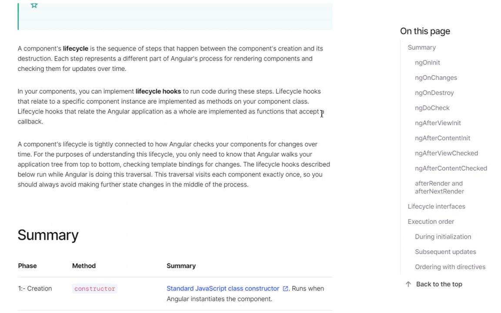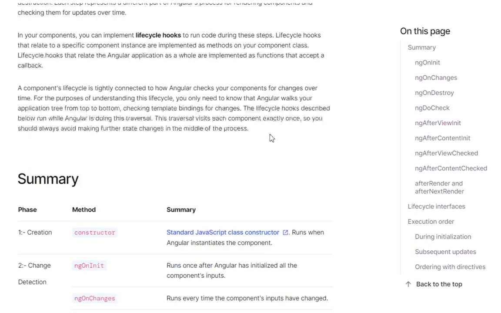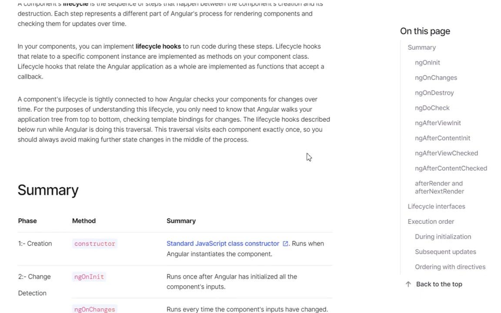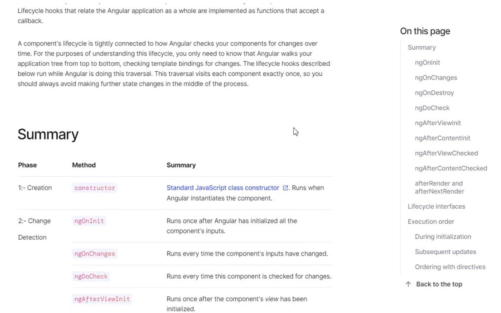The lifecycle hooks described below run while Angular is doing this traversal. So you should always avoid making further state changes in the middle of the process.